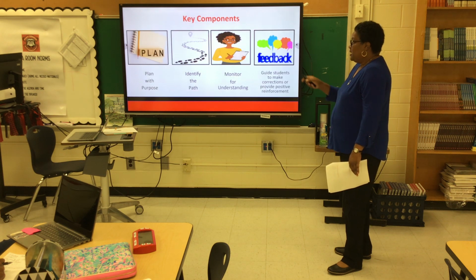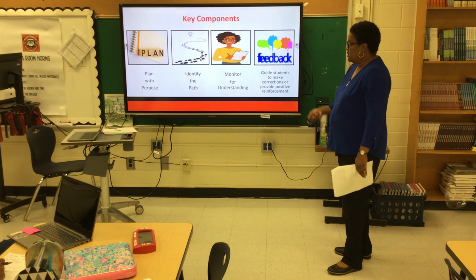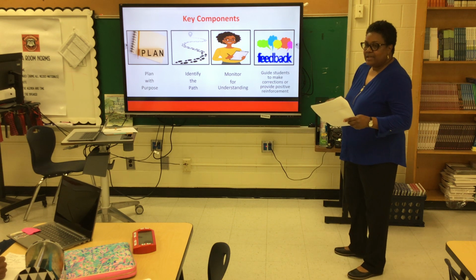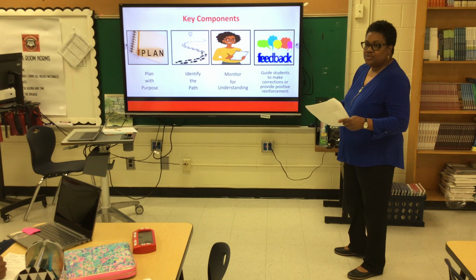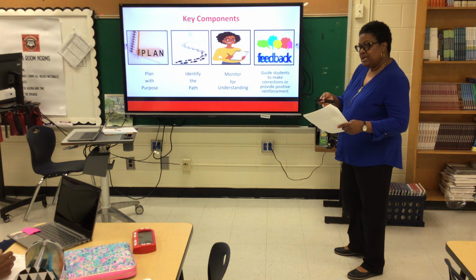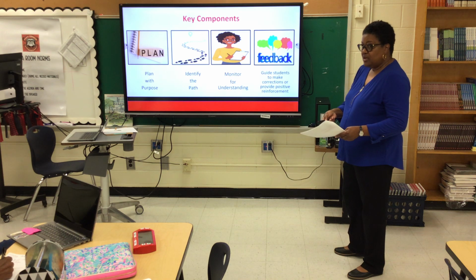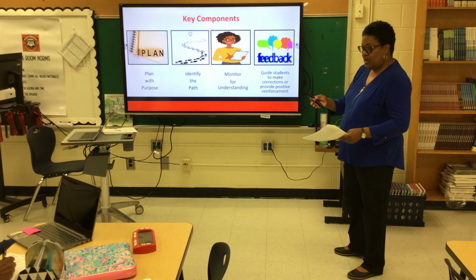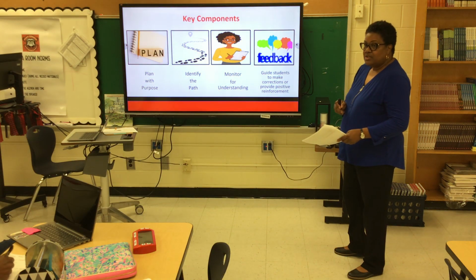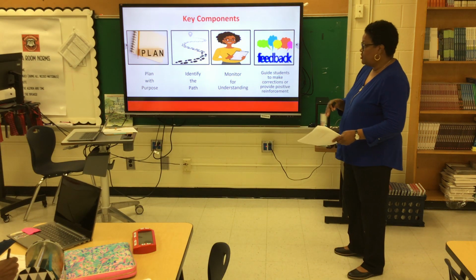All right? Here are the four key components. You're planning with a purpose. You're pre-selecting the type of student work that you want to monitor, and you already know the common misconceptions because you've done your planning for the week. So you're troubleshooting to monitor those misconceptions. You're identifying a path, because you have to get around to all students.